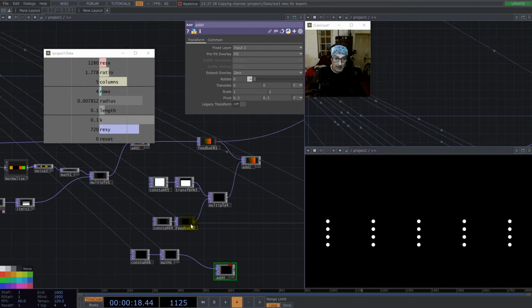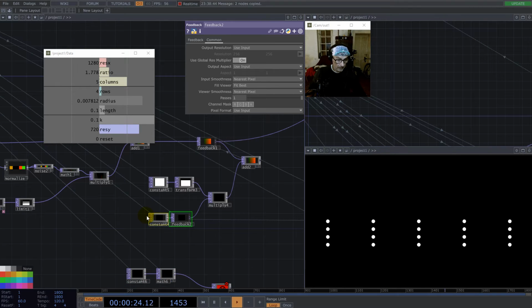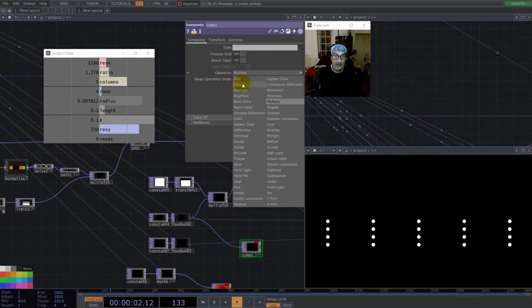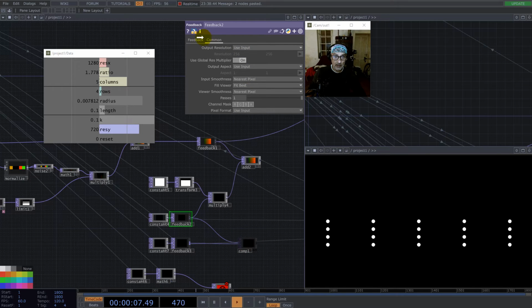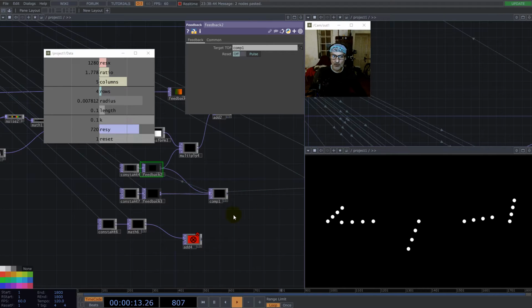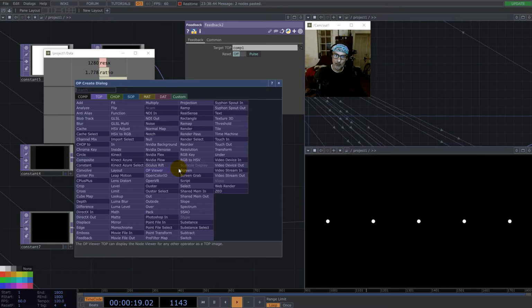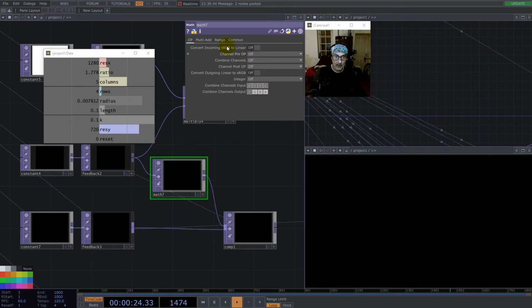just a little bit later, because right now I would like to have another feedback like this, and I would like to add, and I use a composite with add, like this, and I do this. So I'm dragging the add into this feedback. Now everything goes crazy, okay. This is because maybe we take too much from the previous frame, so let's use a math here and go with